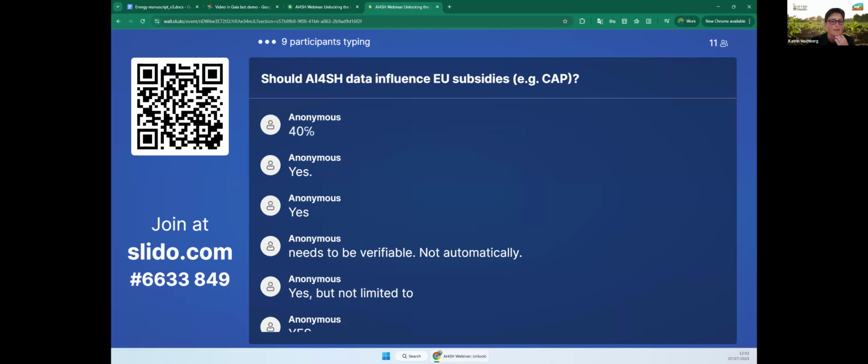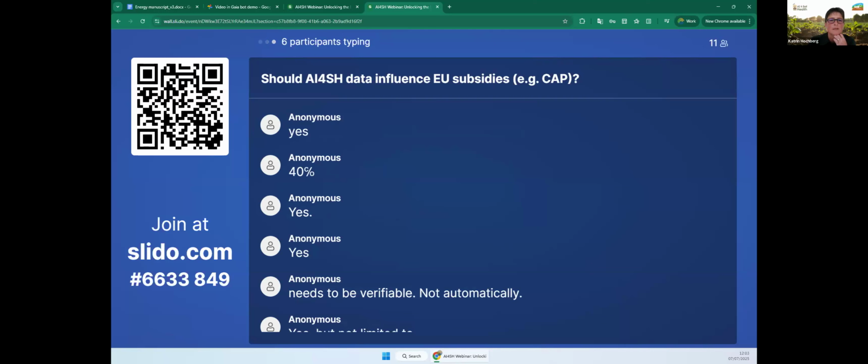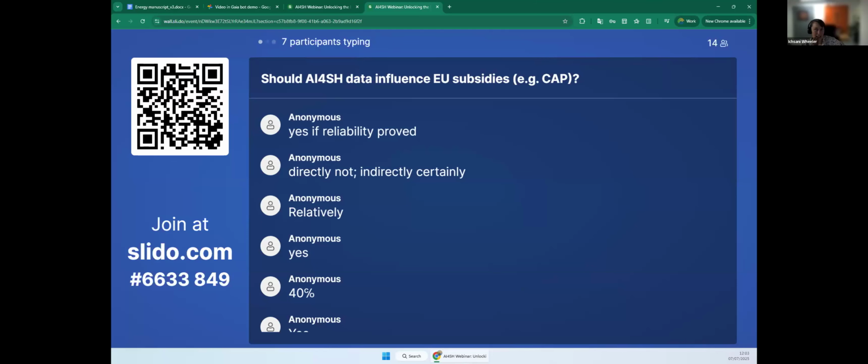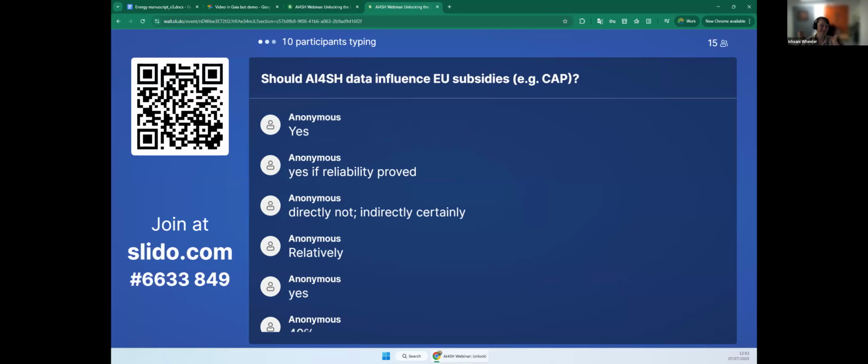So in England, we've got a sustainable farming incentive, for example. Or in Wales, we've got a sustainable farming scheme, but they're all designed in a slightly different way. Okay. Well, given your jurisdiction, please try and answer generally.